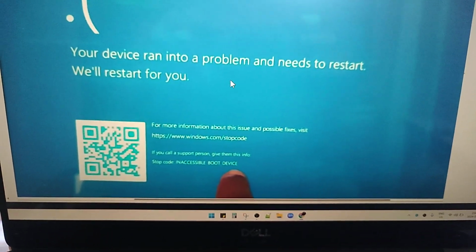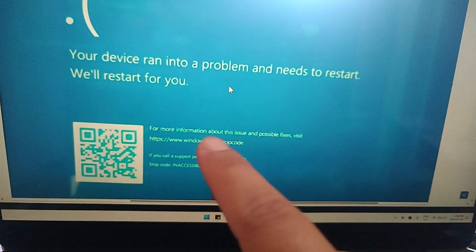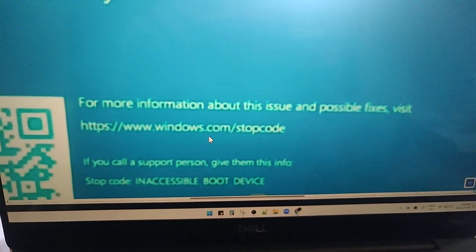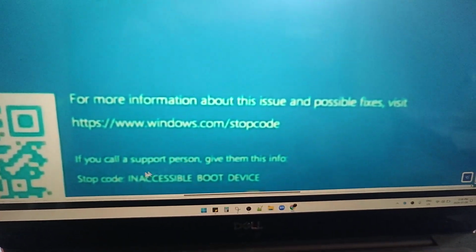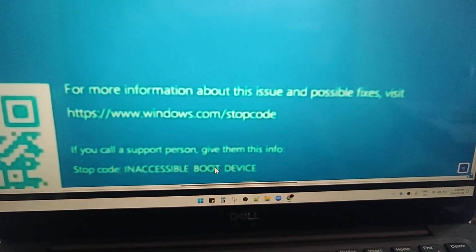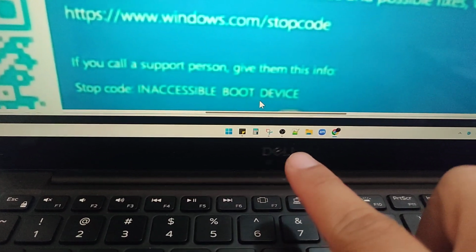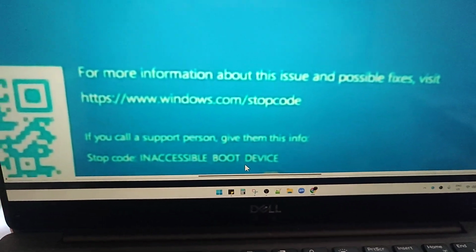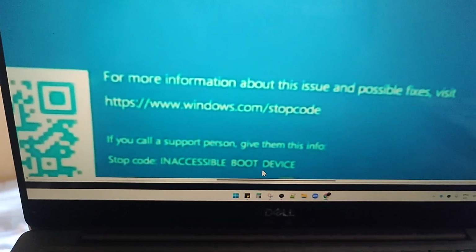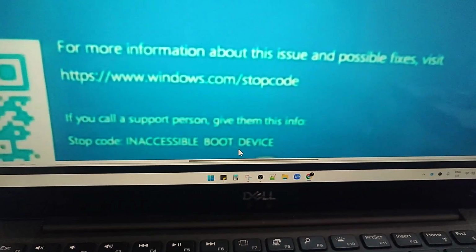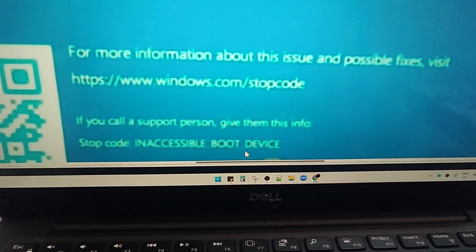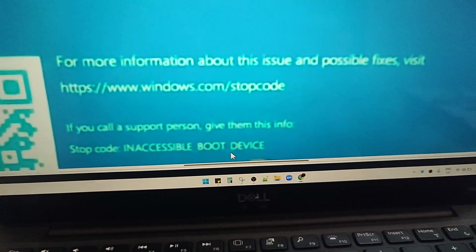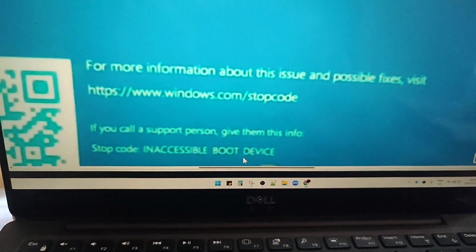On this video I'm going to show you the solution if you are facing the blue screen like this. The stop code information is windows.com stop code, inaccessible boot device, and you are using a Dell laptop. Here what you have to do: basically the problem is your storage, which means your SSD or your NVMe. There is a problem, so you have to restart your computer and then access the